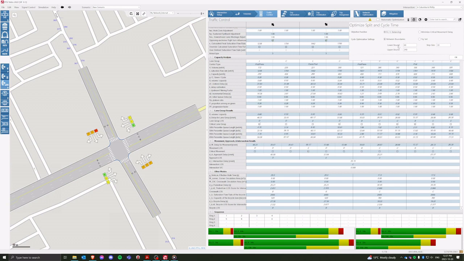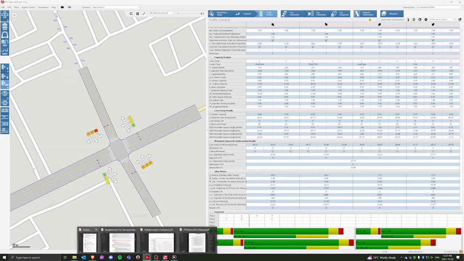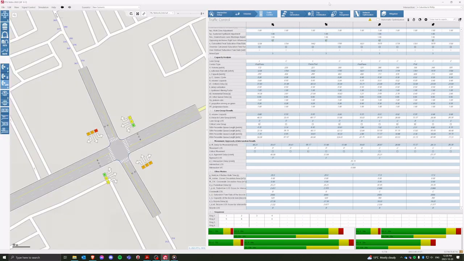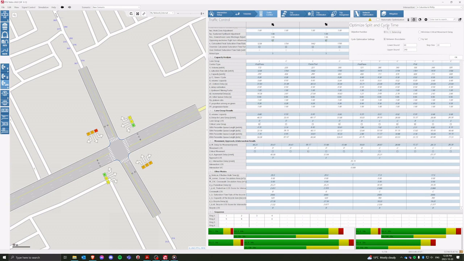So you remember that in our case here, this is a coordinated corridor. And so what that means is, to have coordinated signals, all of the cycle lengths along the corridor need to be equal. And if you change one of the cycle lengths, then that will have impacts on the coordination between each signal. So typically we don't want to be re-optimizing the cycle time. More often we would do something like this, where we click up here and we can optimize our splits. And there's two